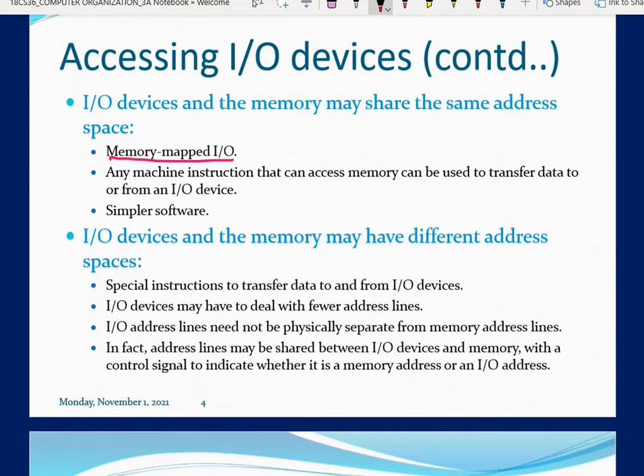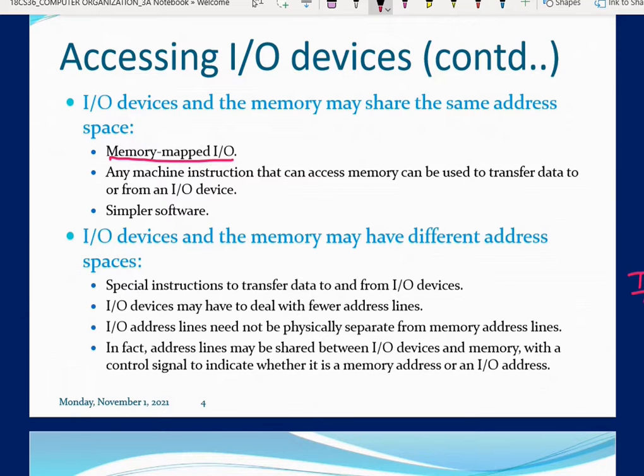And we have another type called IO mapped IO. So what exactly does this tell? In IO mapped IO, IO devices and memory have different address spaces.